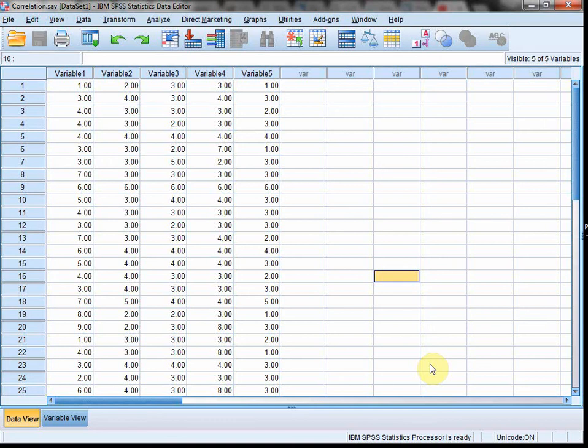Hello and welcome to this short video on how to conduct a correlation analysis in SPSS. As you'll notice, I have 5 variables. I've just called these variables 1 through to 5. Obviously in your data you will have the different variables that you've collected data on and named